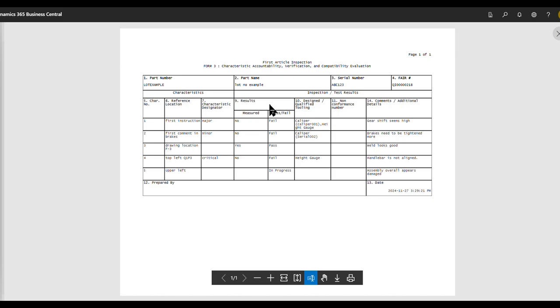The results section is split into the measured value. So in the case of numbers, you'll see the actual numbered values, and it's also going to be putting in the resulting grade. So in this case here, there's a pass or fail grade,